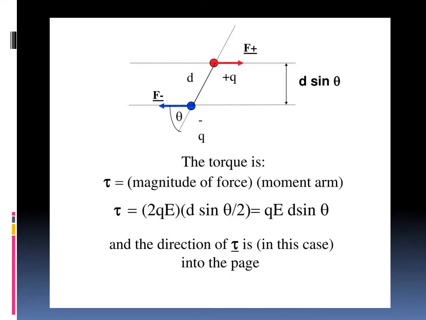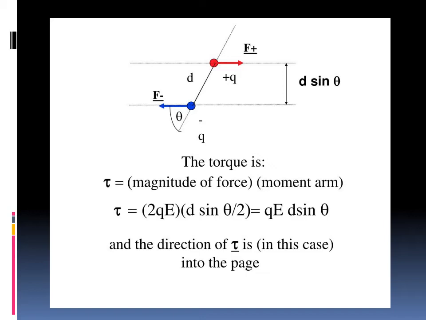Magnitude of forces 2QE. What does the 2 mean? That is for the two charges, and that is d sine of theta. That 2, students, is under this d, right? That is d by 2 sine of theta. How? If we draw a line over here, then this displacement will be divided into two parts.